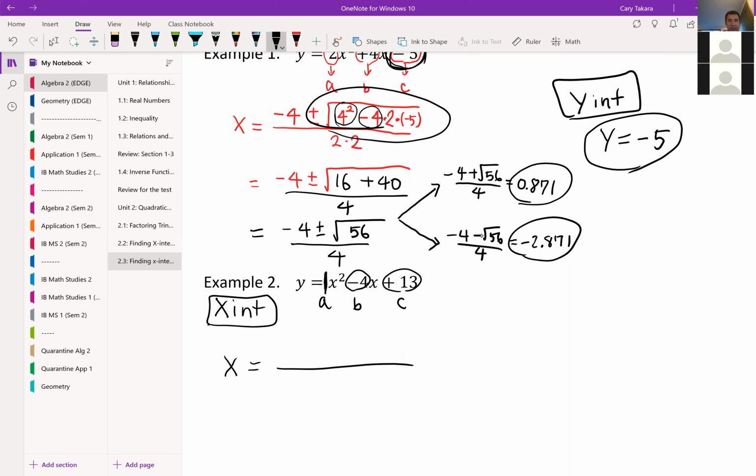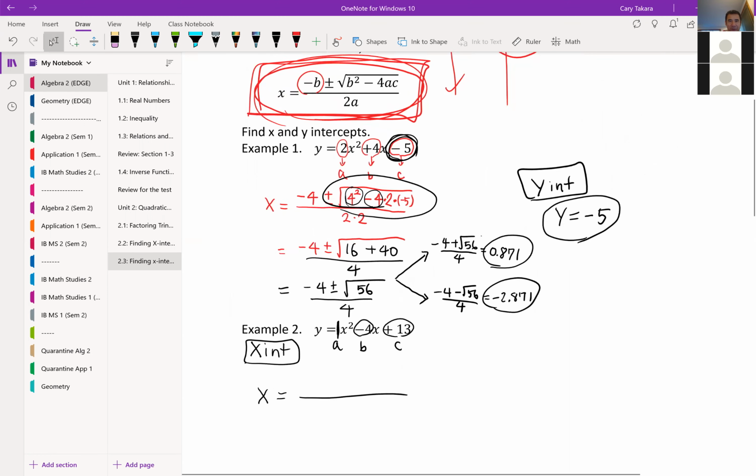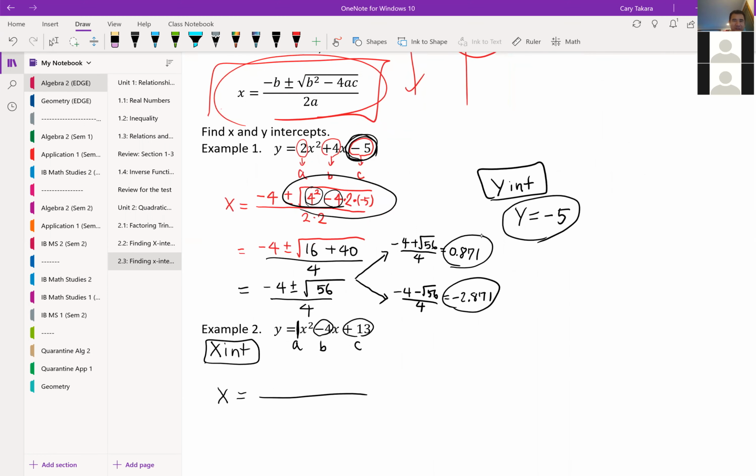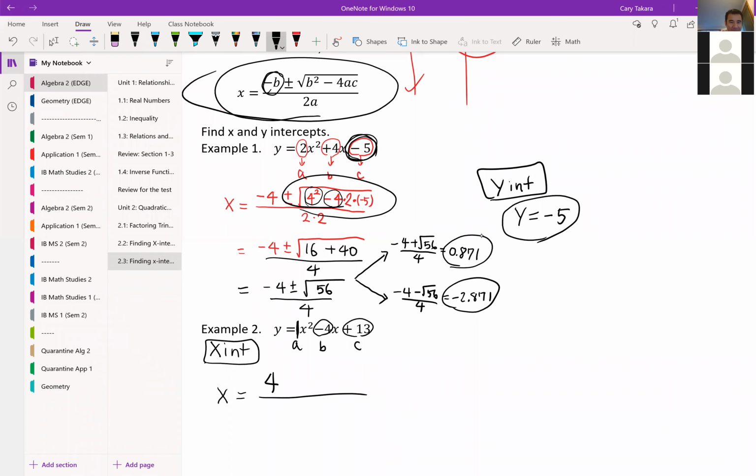So let's plug in, okay? First, let's see where the quadratic formula is. So the quadratic formula is over here, okay? The first entry is -b, or the opposite of b. Let's think of it that way. Negative means the opposite sign of b. If it's positive, then it's going to be negative. If it's negative, like this one, then it's going to be just +4. You okay with that? Then plus minus square root of